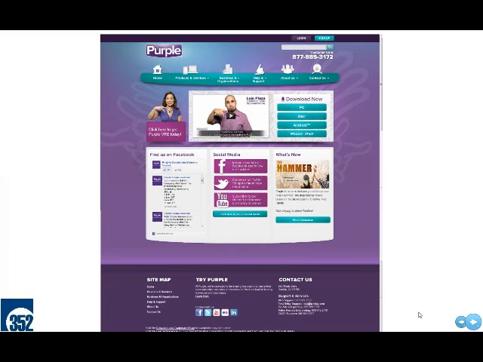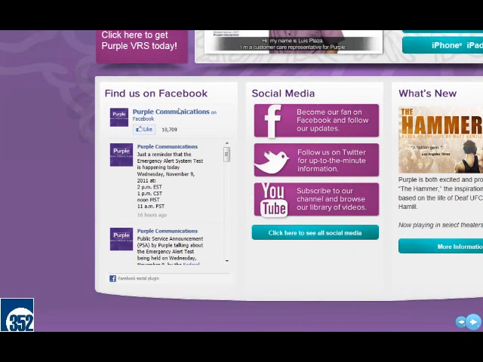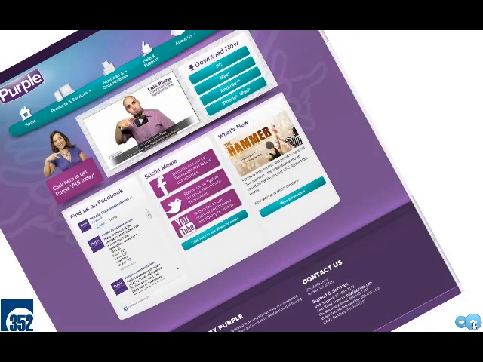So what they've done here is they have the Find Us on Facebook area, and if you look at that, it's actually pulling in that information from Facebook. So right away you can like them without having to leave the page and go over somewhere else to like them. You're able to get that information right here. And likewise, if you do want to follow them on Twitter or check out YouTube, you can click away to do those things still. So they still give you that option, but they're bringing in the most recent relevant content, which is something that can definitely help you out there.